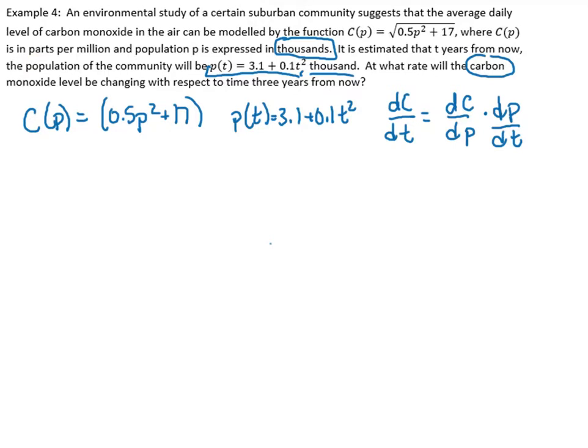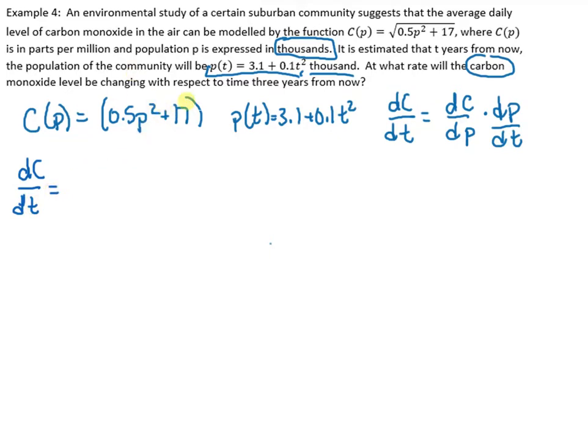Okay, if you remember from the last part, these two will cancel out. We will get dC by dt, but we won't cancel them out yet. So dC by dt